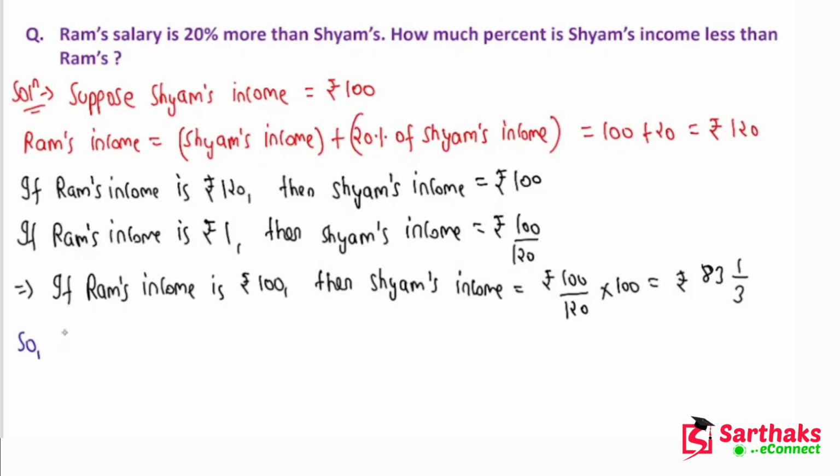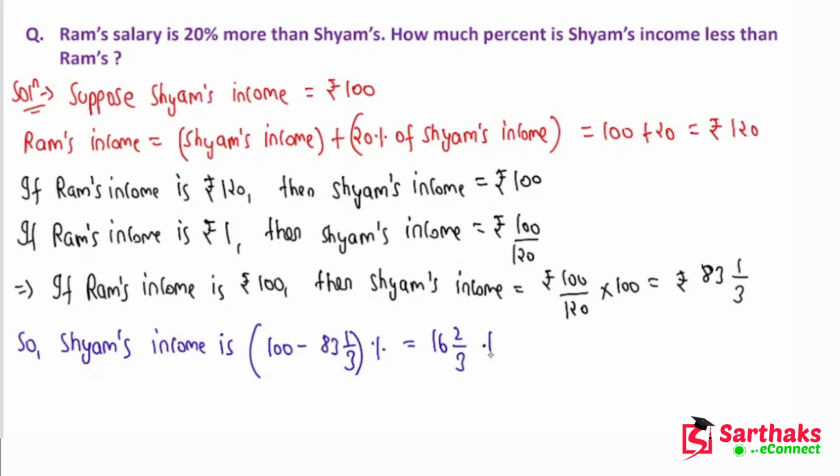So something upon 100 means percentage. You can clearly see we have done all these things just to calculate Shyam's income per 100 of Ram's income. Okay, so Shyam's income is 100 minus 83 1 by 3%. Okay, if you calculate it, it would be 16 2 by 3. Multiply 83 by 3 plus 1. Okay, so taking the LCM, you will get 16 2 by 3%. Okay, so Shyam's income is this much percent less than